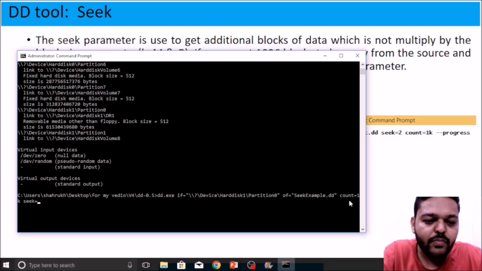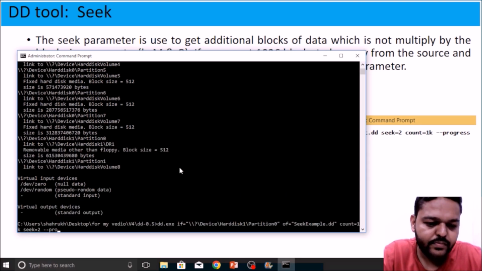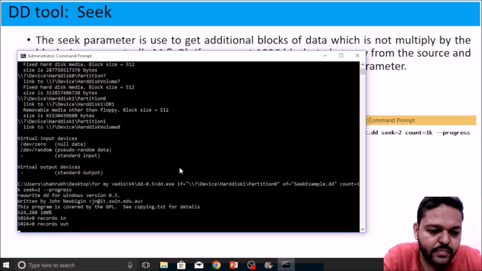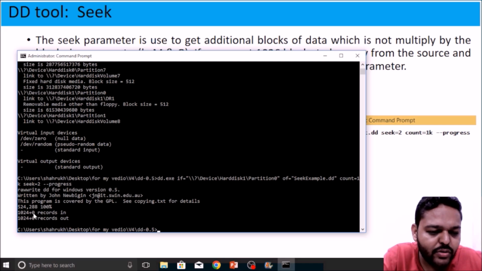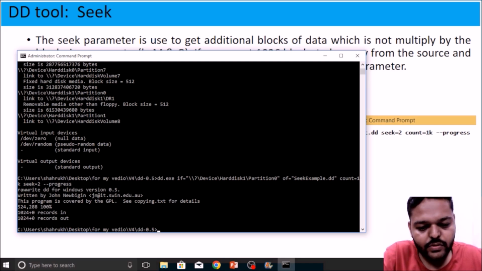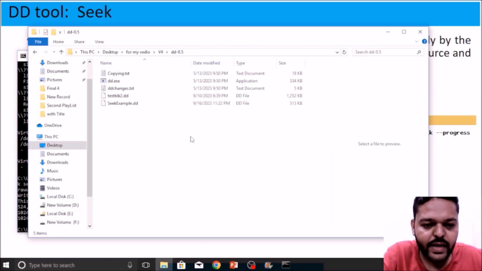How many additional blocks we want to extract, we will define in the seek parameter. So 2, and then progress, to see the progress. Now give enter. Here it is showing that 1024 blocks have been extracted. Now go to our path and check the particular file in a hex editor to compare it.